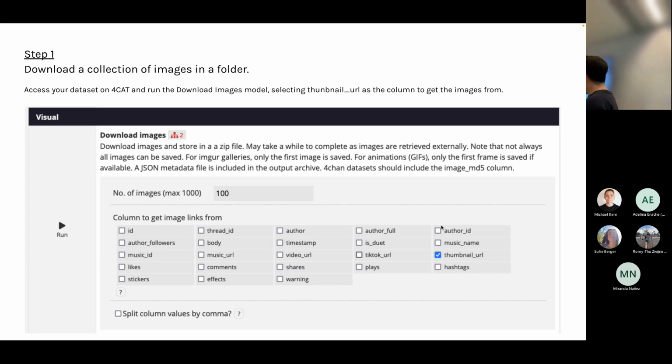The thing you have to do is to select only the thumbnail URL, which is the column in your dataset that contains the links to the thumbnails. And you don't have to check the split column values by comma, because there should be only one link per row in the dataset. Once you've done this and you click on run, you should be